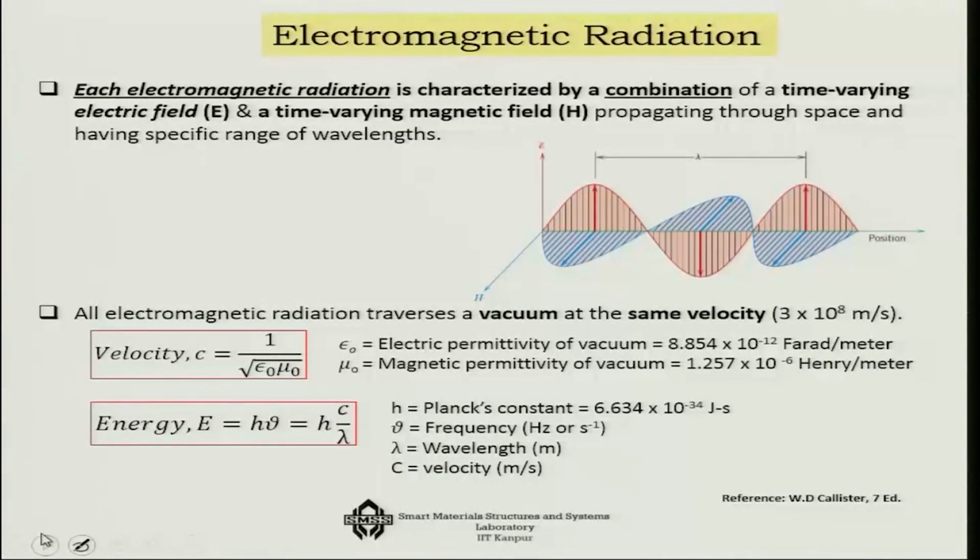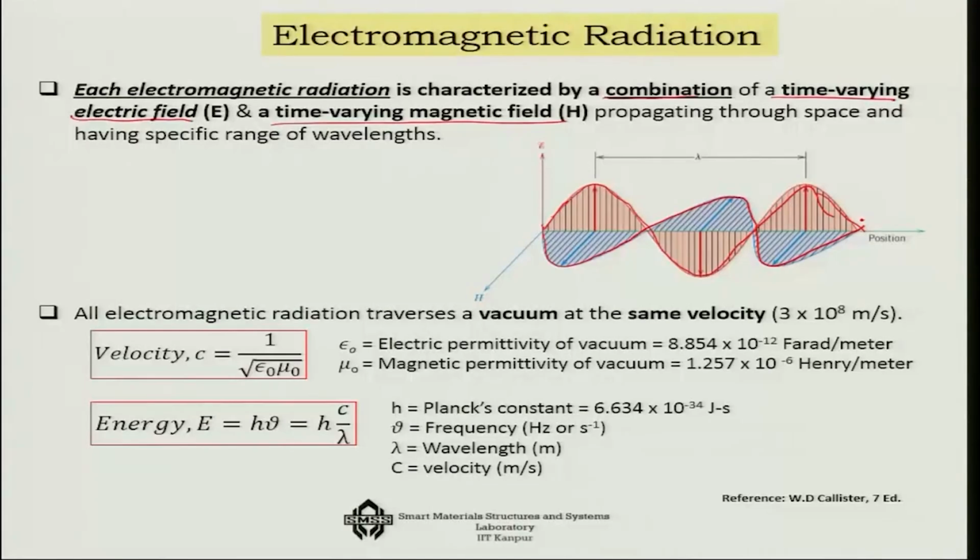Now, electromagnetic radiation, from the functional point of view, is actually a combination of two time varying waves. One is the electric field wave and another is the time varying magnetic field. So, if you denote one in this manner as the time varying electric field, then the other one is the time varying magnetic field. So, it is just transverse to the two. That is why we say that for an electromagnetic wave, these two fields, the electric field